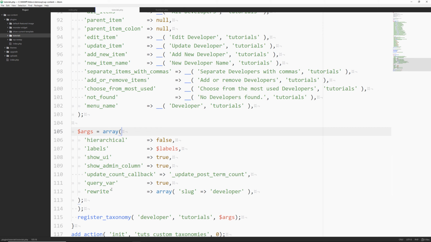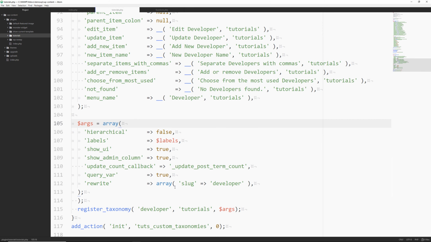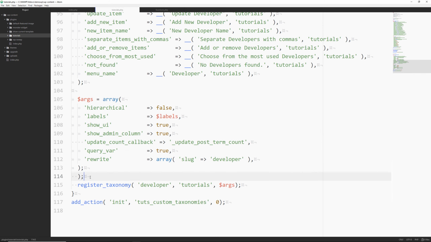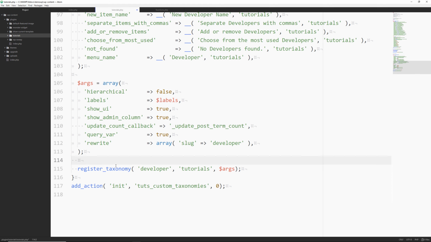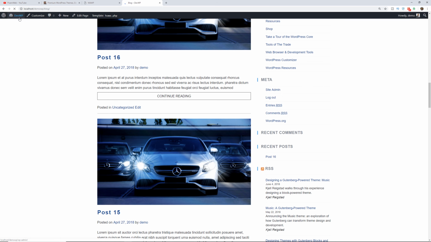And then rewrite is going to be set to the array slug equals developer. This is the next one here. We don't need that. Register taxonomy, developer, tutorials, we need it to be in the custom post type of tutorials, and then args, we're calling the arguments from here, and then we have the add action init, toots custom taxonomies, and then 0. Let's save that, go to the browser, reload here, go to our dashboard, and now we go to tutorials,